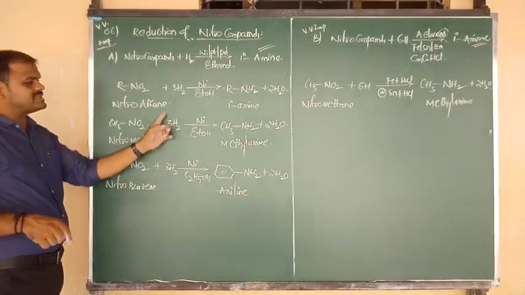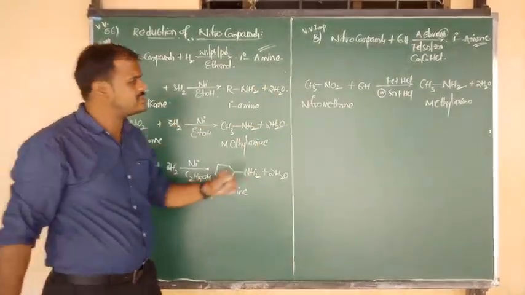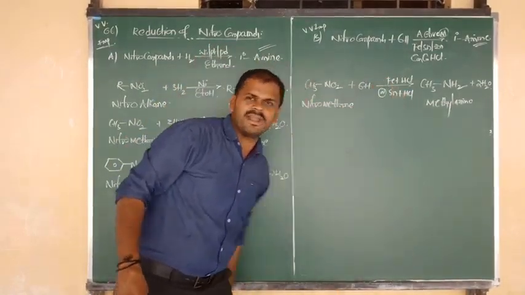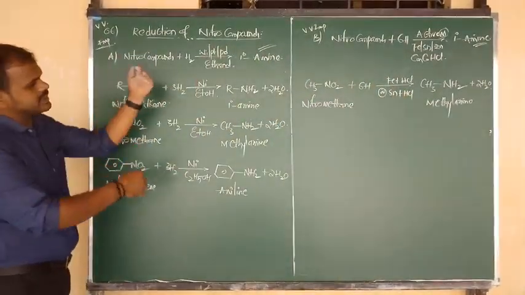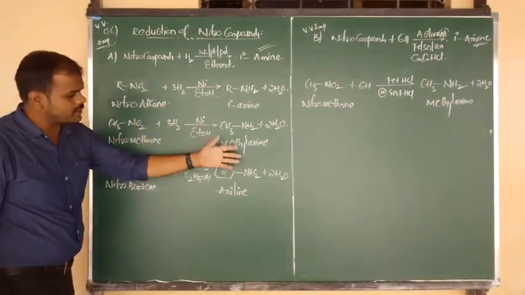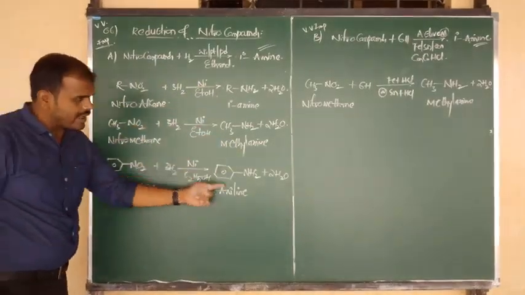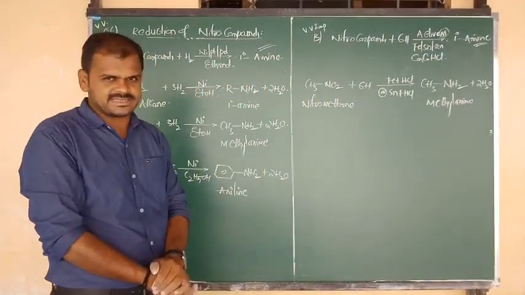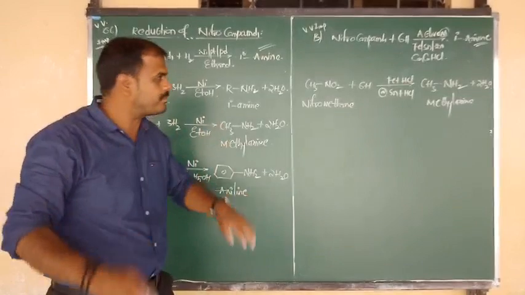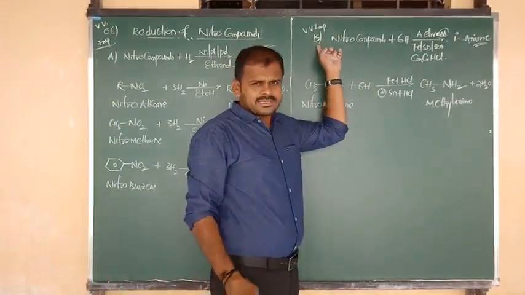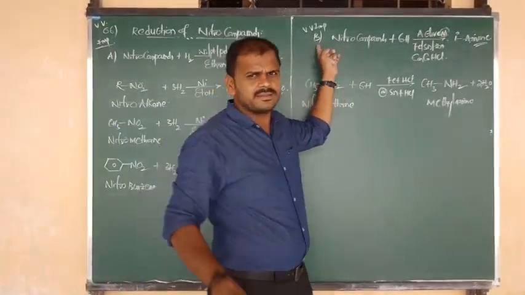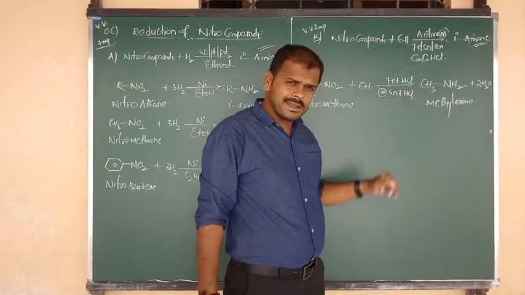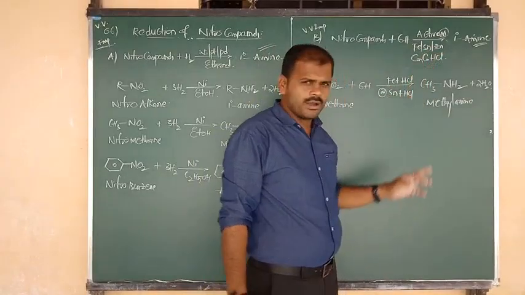Everything is same, but this is hydrogenation in the presence of catalyst. This is reduction in the presence of active metal and acidic medium. Same, RNO2 changes into RNH2, nitromethane to methylamine, nitrobenzene to aniline. Every product and reactant was the same in A and B cases. Okay, now, good. So here in B case, 3 mediums we can consider, 3 combinations: iron plus HCl, tin plus HCl, zinc plus HCl.